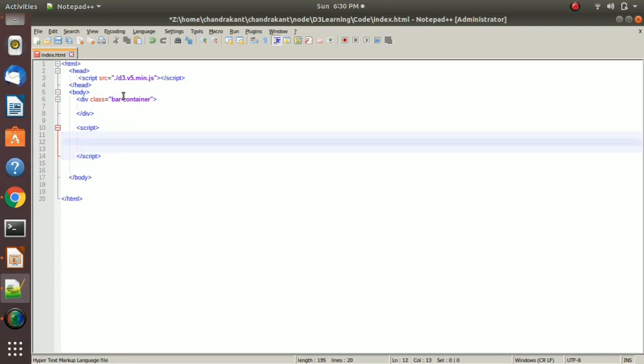Here I will create some set of data so that we can create the simple bar chart using D3 and HTML.